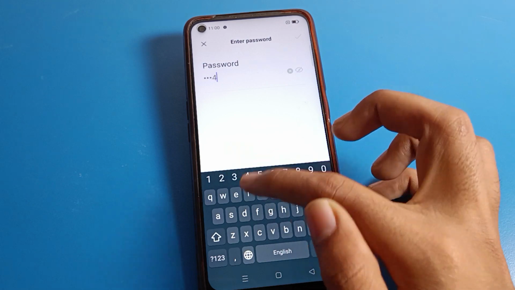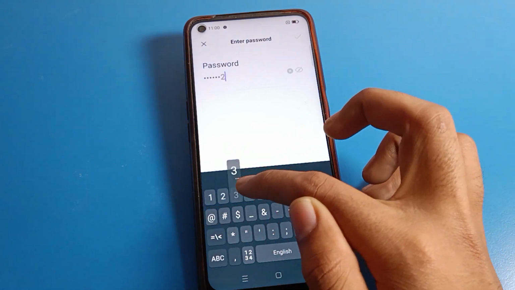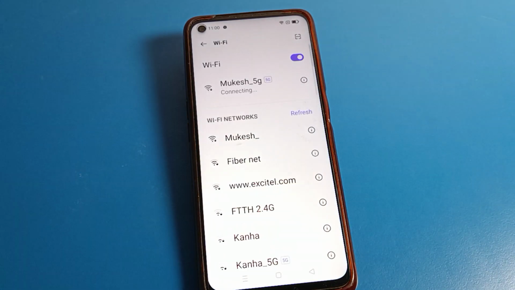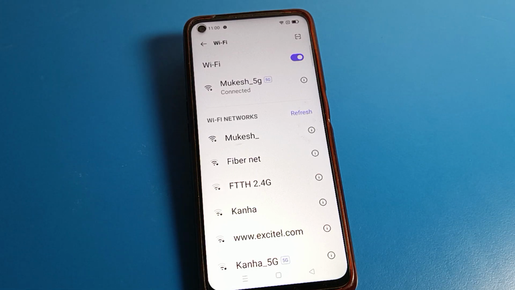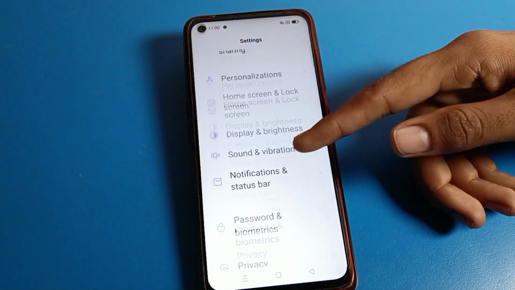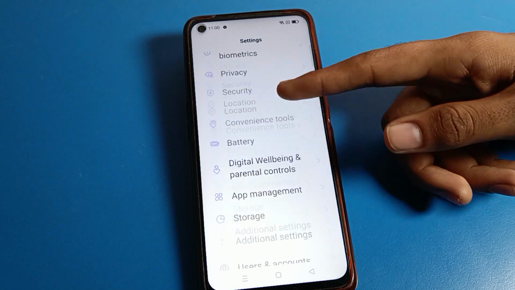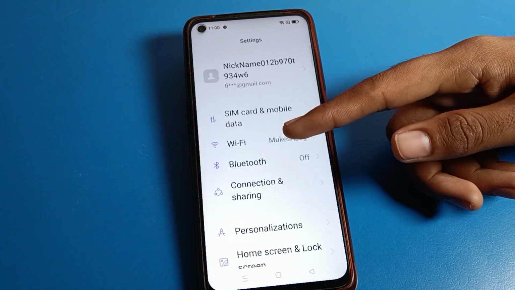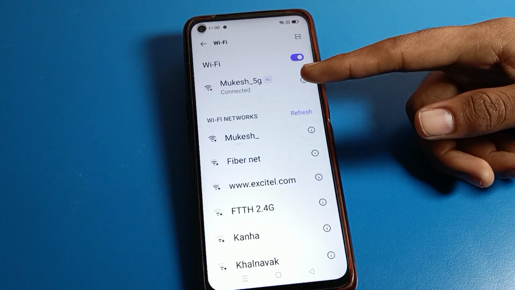Oh, sorry friends, again enter the password and connect. So again you will have to enter the password, then you can connect to the Wi-Fi network again and use it on your Realme phone device. So like that friends, we can use Wi-Fi settings, we can connect a network, we can share a network, and